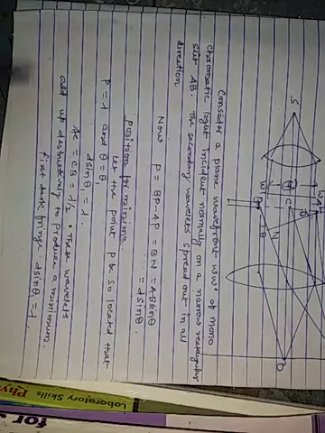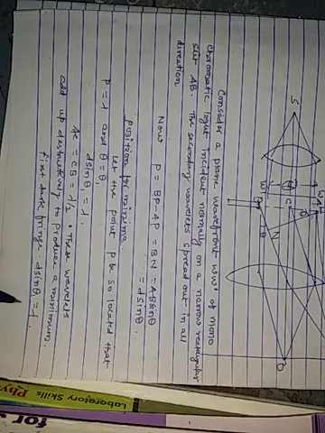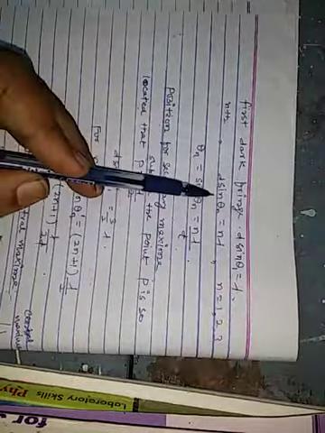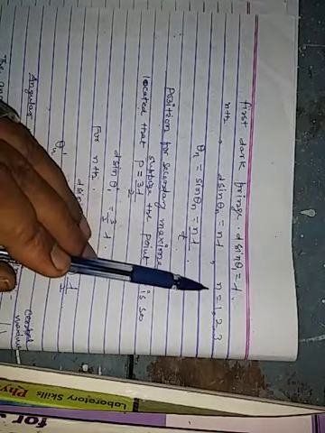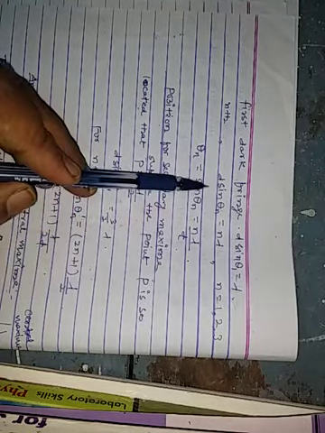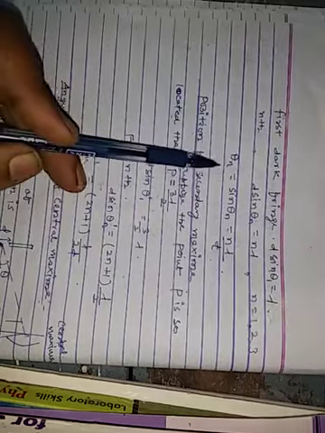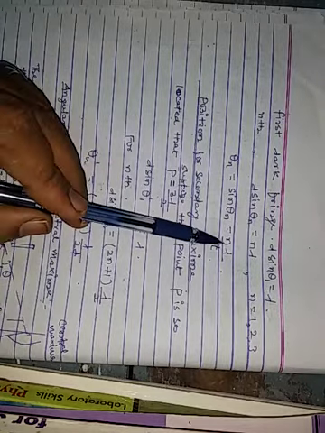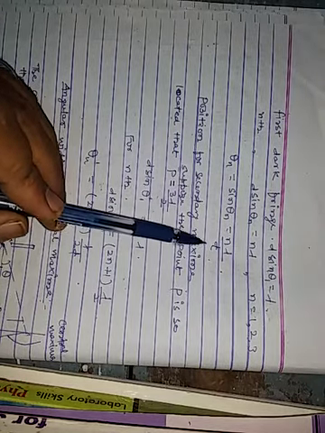So for the first dark fringe D sin theta 1 is equal to lambda, and for the nth, D sin theta n is equal to n lambda, where n is equal to 1, 2, 3. So theta n is equal to n lambda by D.